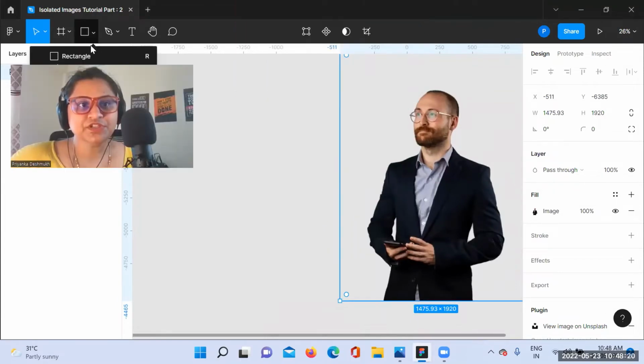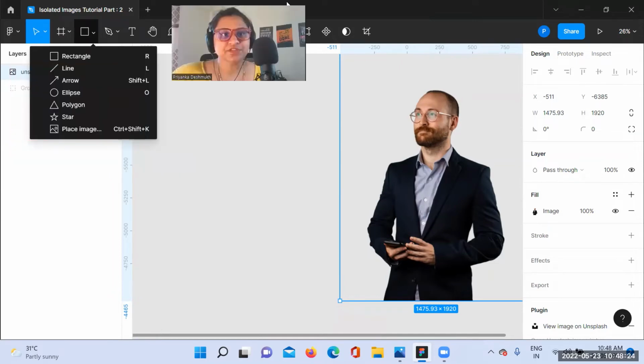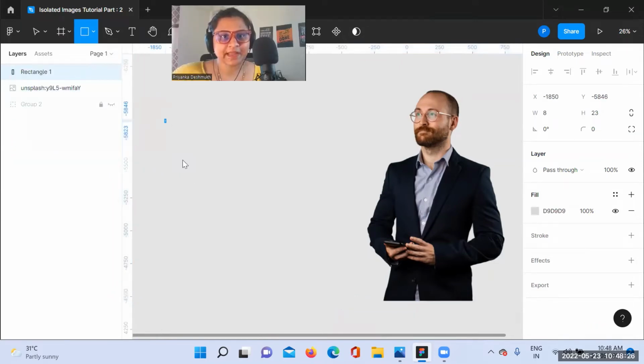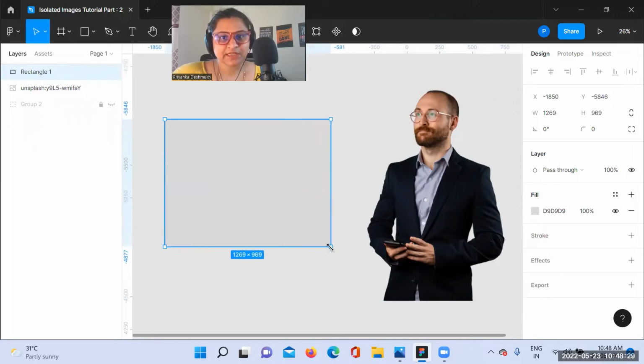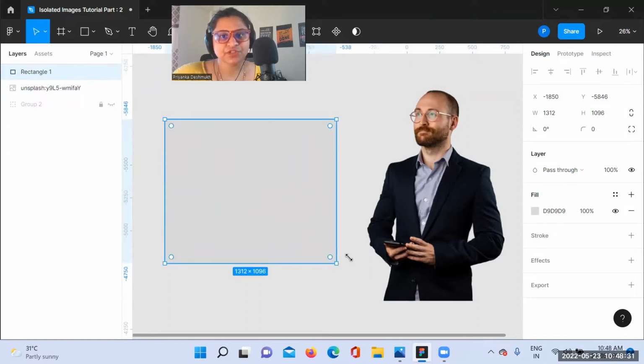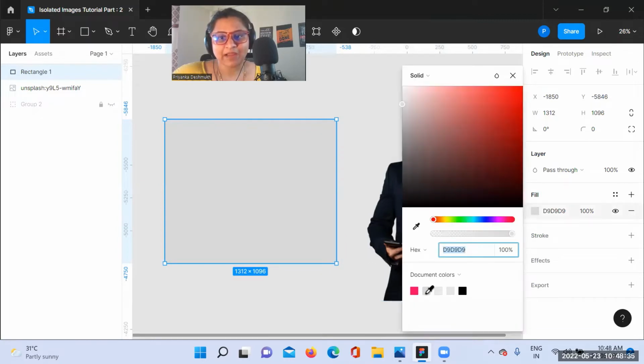Then the next step is just go into the shapes. Next step is just go into the shape and choose a rectangle shape. So this is one rectangle we are choosing to design this type of image. Then just change the background of that particular image. Okay, so